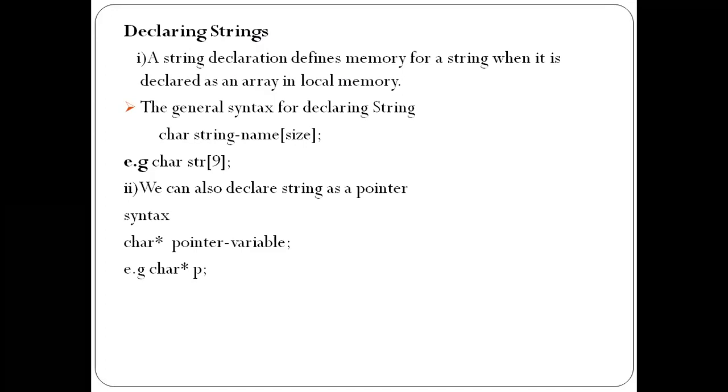And also here is another declaration of the string, as a pointer. A pointer is the address of the variable. Syntax: char star represents the pointer variable, with a semicolon. Example, char *p;